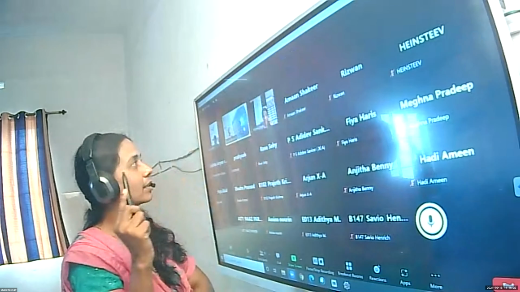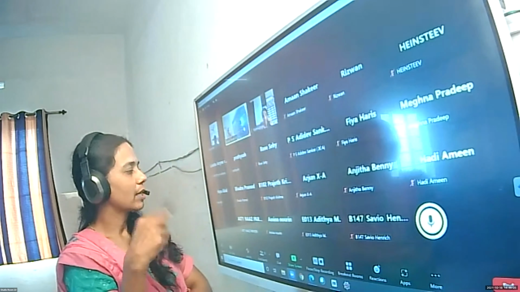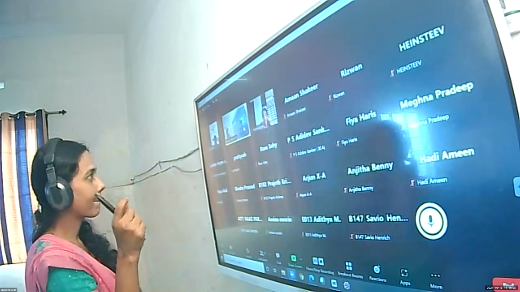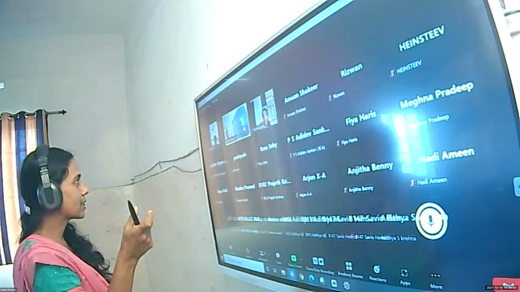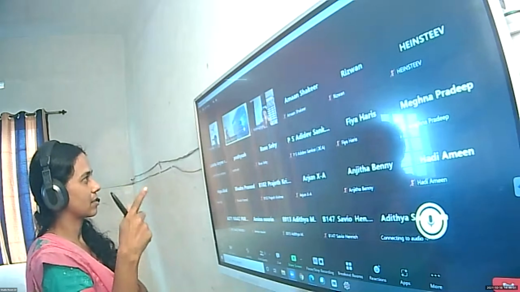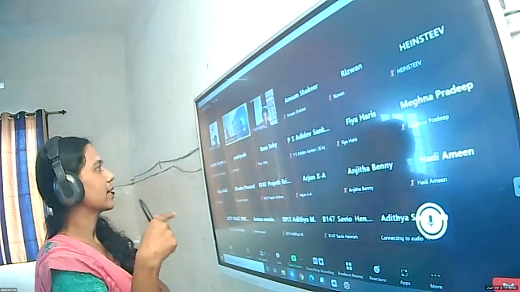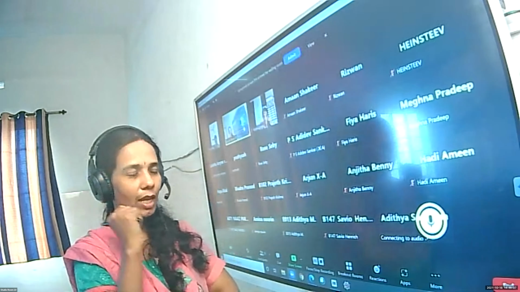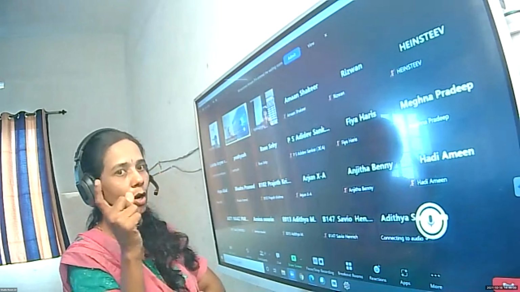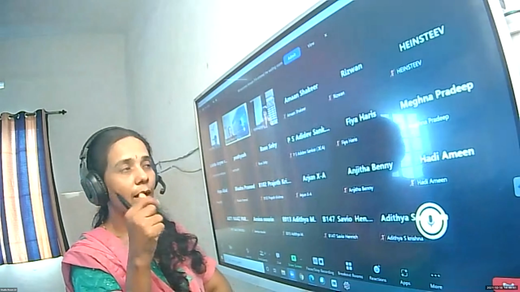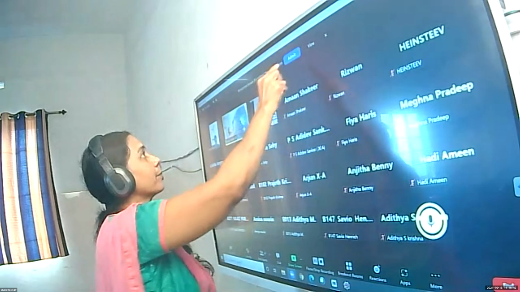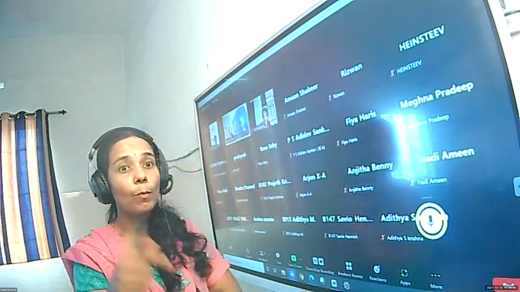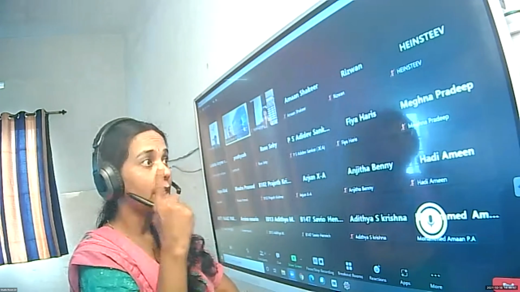Short hand and long hand means it is the hour hand and minute hand. Okay, that is why it is given short hand and long hand. Now look at the long hand. Long hand is the minute hand, isn't it? The minute hand will be making how many revolutions in one day?